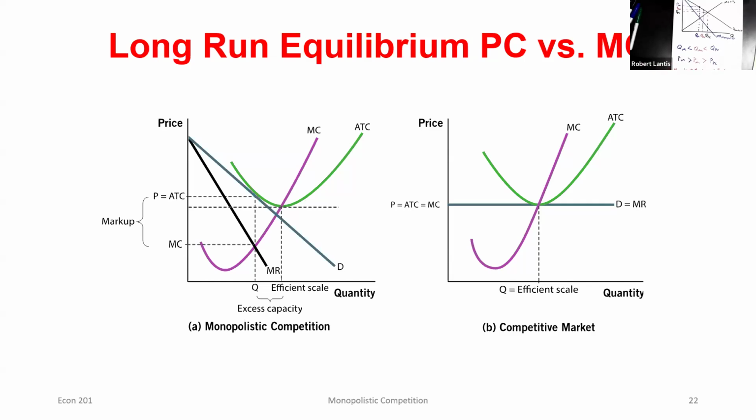So this little table maybe is an easy way to remember that directional change as we're comparing these three types of markets. Okay. Any questions on this before we keep moving here? Okay. So